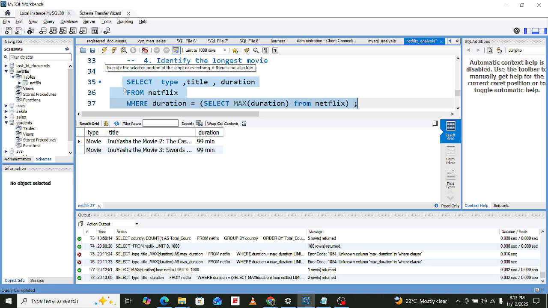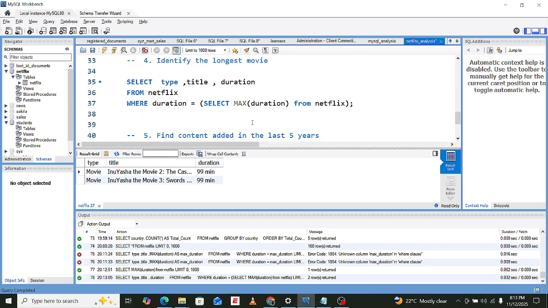But is this what you're trying to do, Elizabeth? Yes, this is what she was trying to do. But the question is to identify the longest movie. So the first thing that we should try to do is to select only from movies.